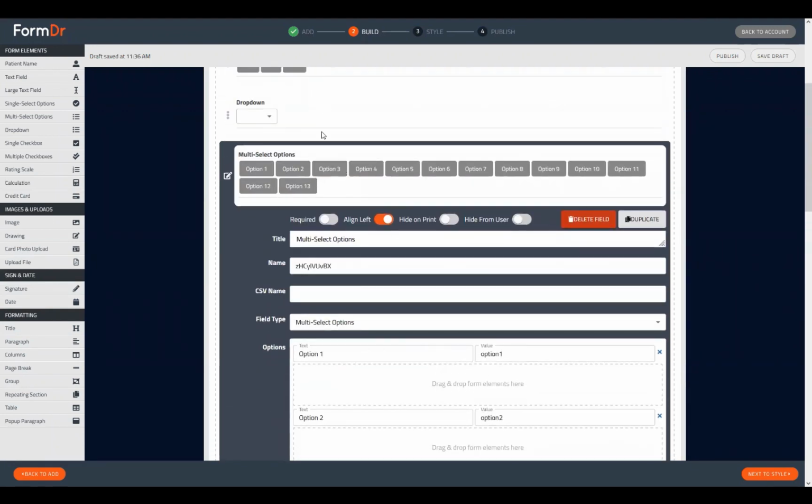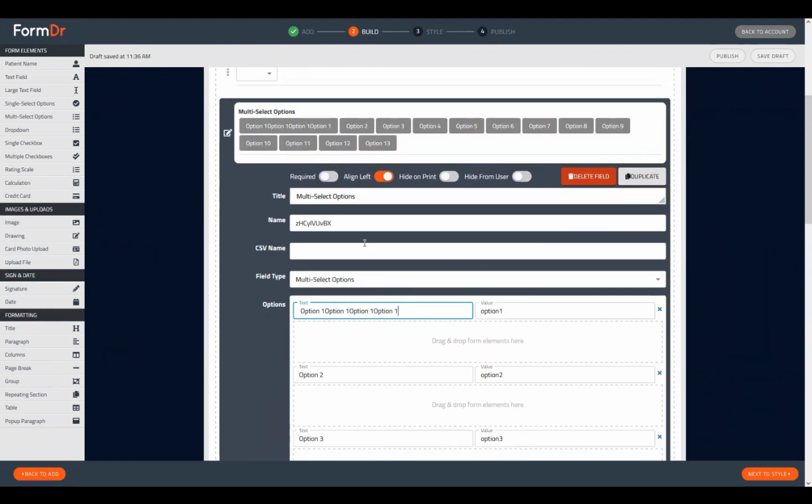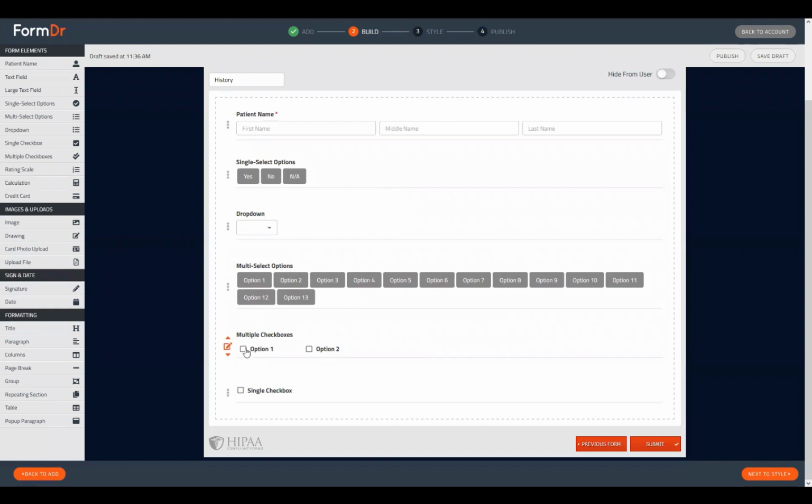So depending on how long your answer selection is, the answer selection button for that one will grow with that, but the rest of them will format just as close as possible to one another, just to take up the least amount of space possible. If you do want a little bit extra control over how these answers will be displayed,